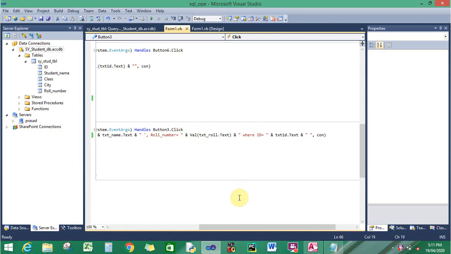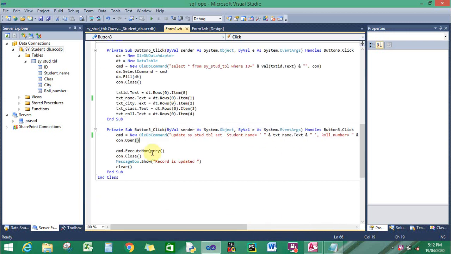Likewise all values are passed here, roll number, and so on. Then the where condition is most important, where we have to make changes. Here we need to pass that id. And execution is similar: execute non query, connection close, message box is shown, record is updated.